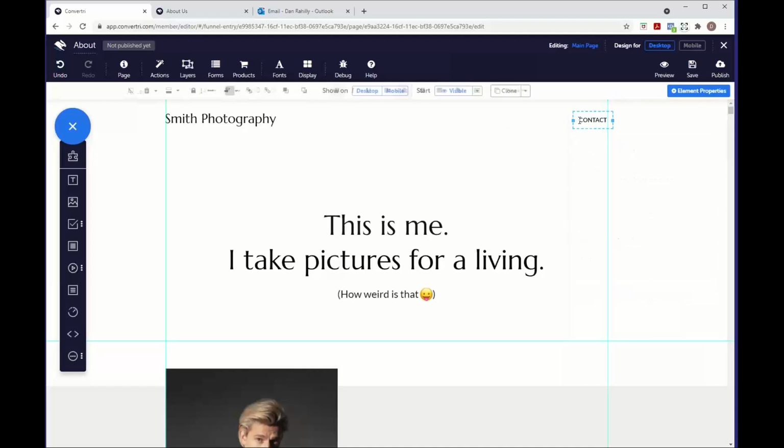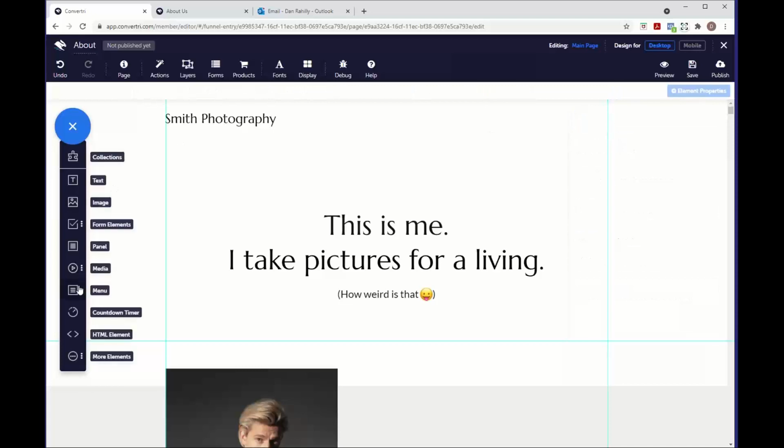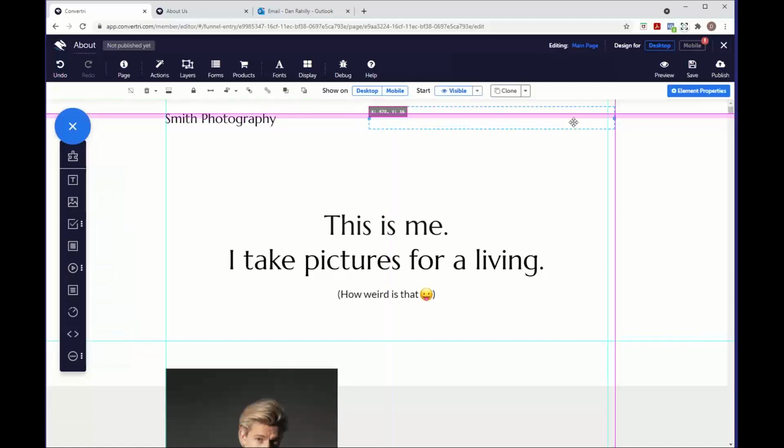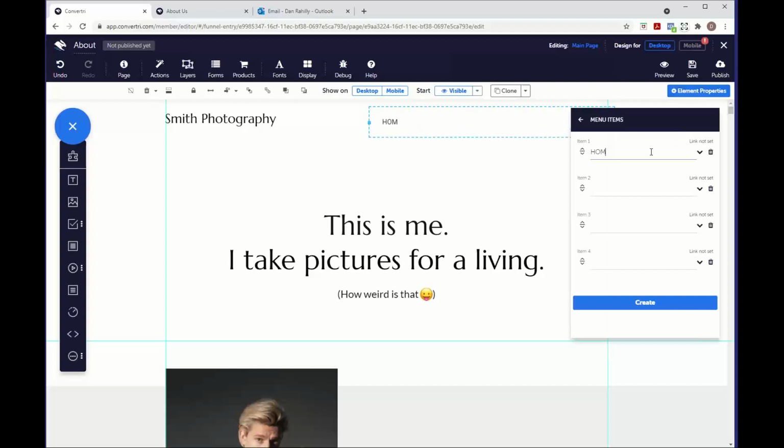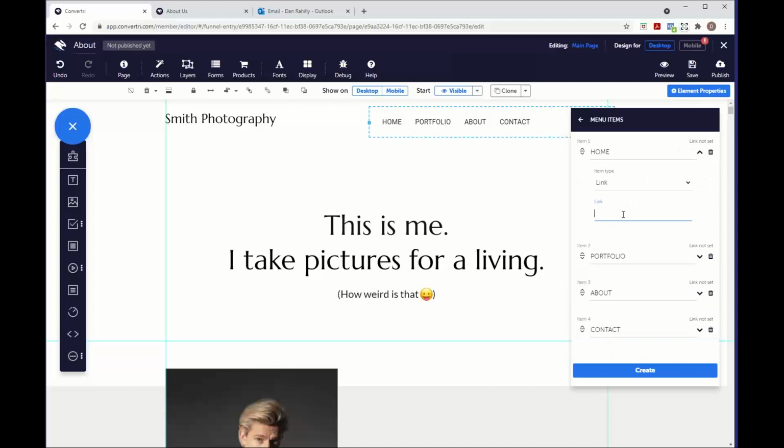And instead, I'm going to add my own menu element, like so. And then I just need to add my items. And now what I can do is I can add my link